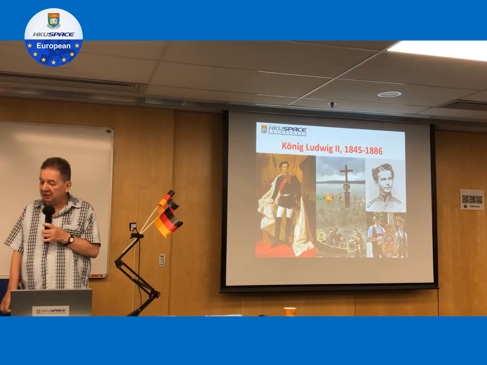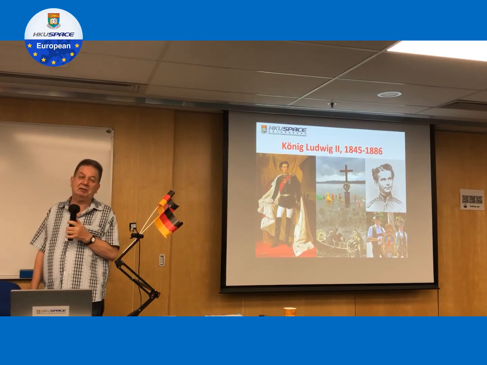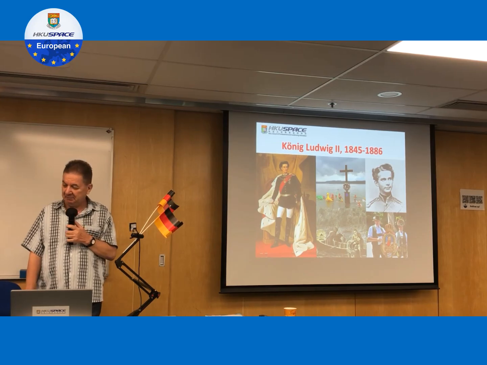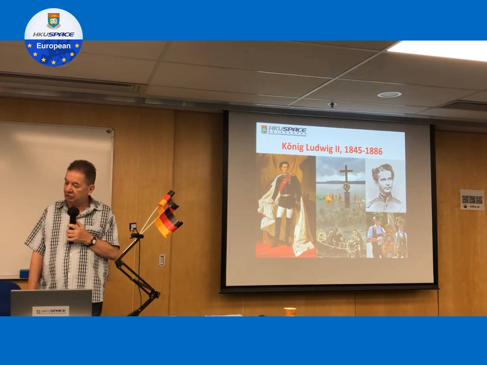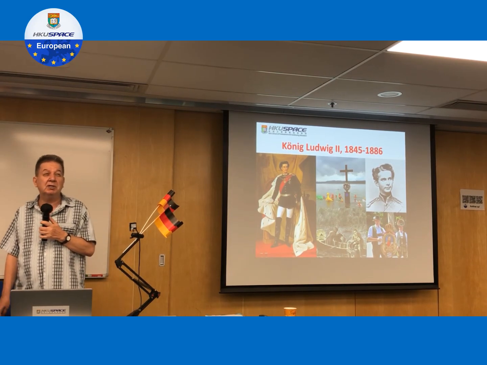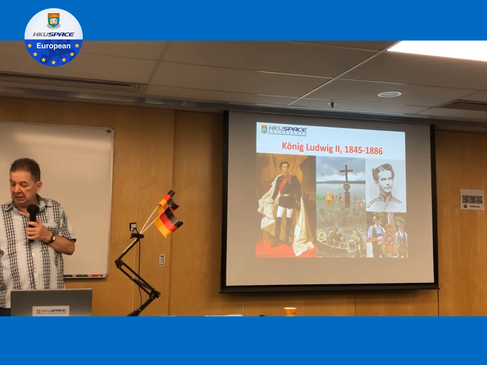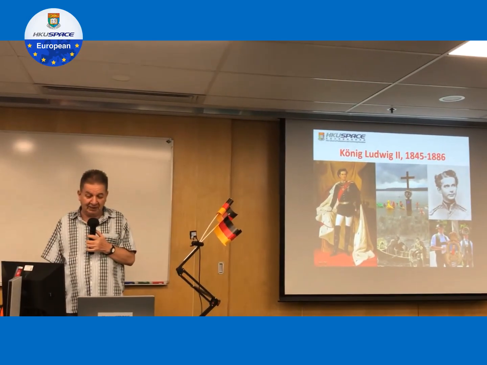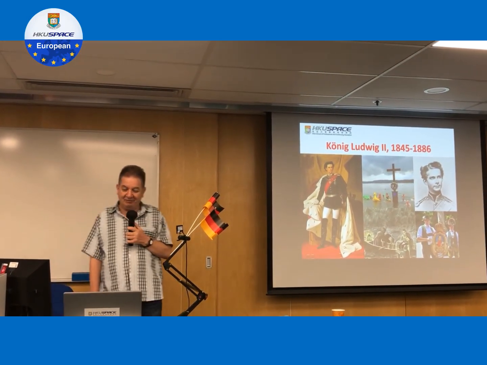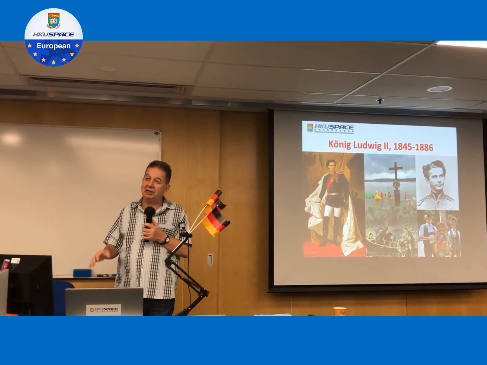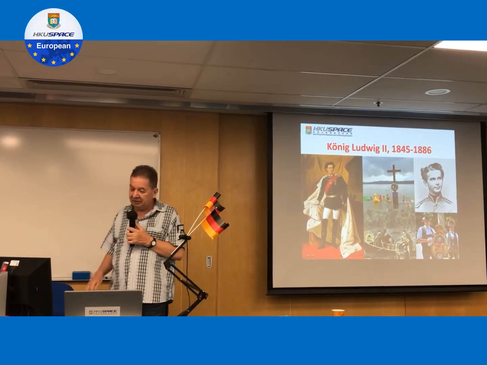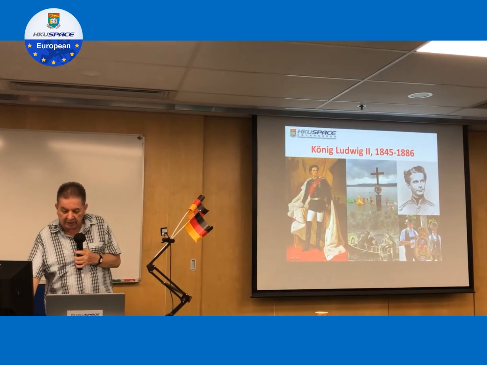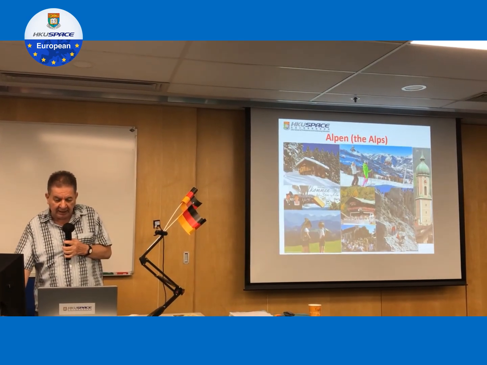But at the time, he was popular, but he was not only popular. Many people criticized him. And it's never really known, was he murdered or did he commit suicide? Anyway, they found him drowned where the cross is there in the water of a lake. Okay, we have covered the middle area, we have covered the Alpenvorland, we have talked about König Ludwig, we come to the end of the geography part, and we have a look at the Alpen.